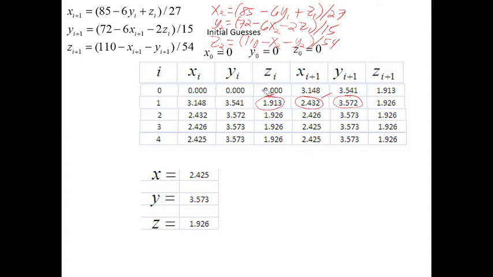And then, z sub 2, okay, 110 minus x sub 2, yung latest, minus 2.432, minus y sub 2, minus 3.572, no? So, over 54, makukuha natin itong 1.926. Okay? And then, i-copy lang natin. X sub 2 kasi ito, x sub 2 din ito, y sub 2, y sub 2 din ito, z sub 2, z sub 2 din ito. No? And then, so in this case, kinapin na natin, proceed na ngayon tayo,